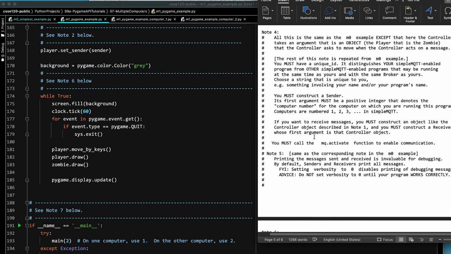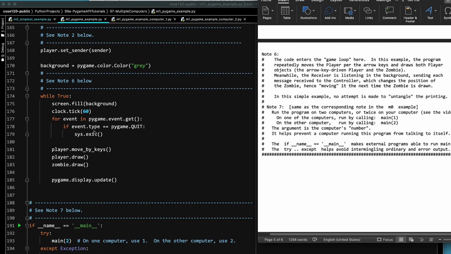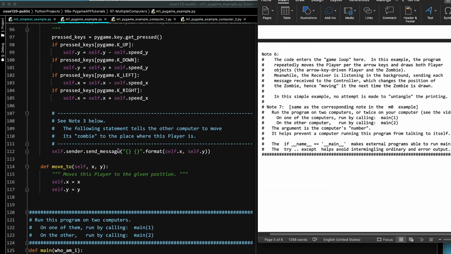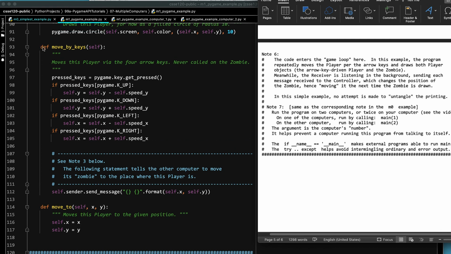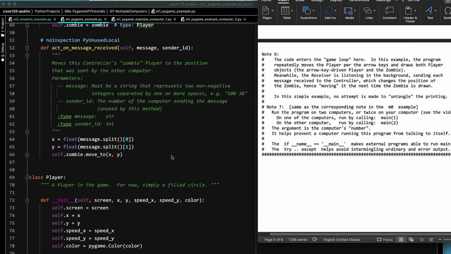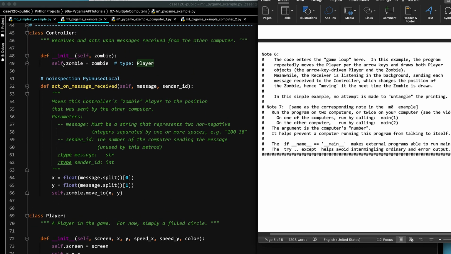Note 6 is that we enter the game loop, the usual game loop. The player and the zombie are both player objects, so they're both drawn. The player moves by the arrow keys, and in the background, just as before, the receiver is waiting for messages. So when the player, the black one, moves by keys, it sends a message to the other computer saying, I'm at this position, and that receiver running in the background will receive the message, call the controller's act on message received,